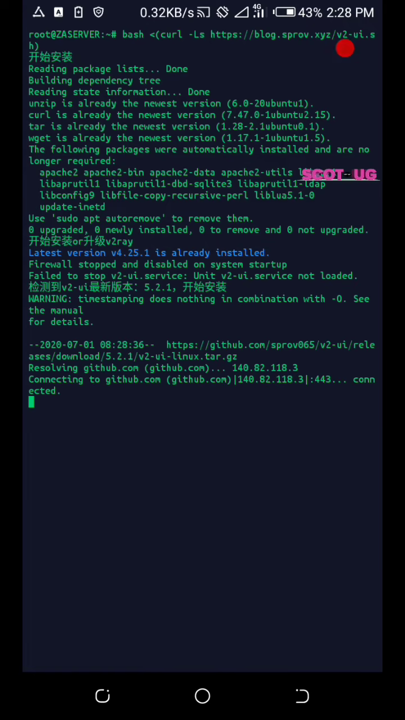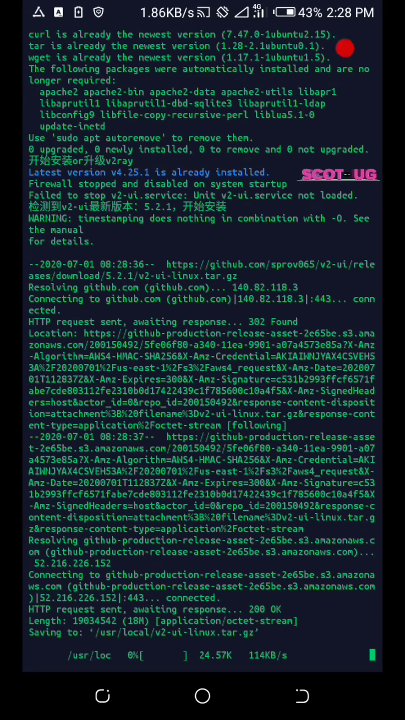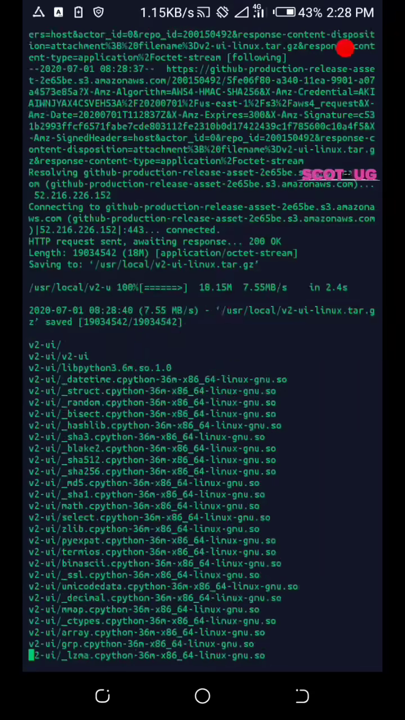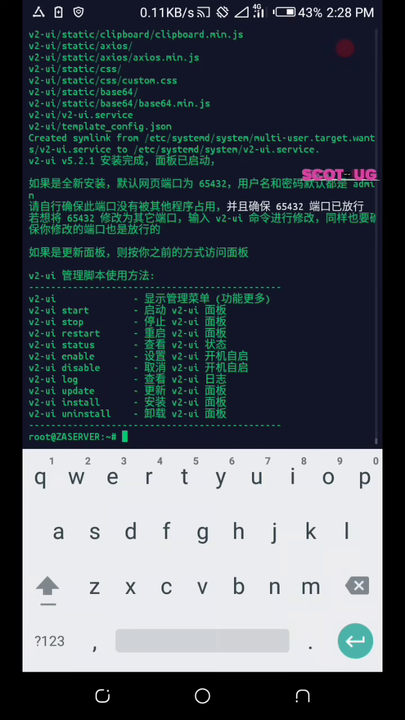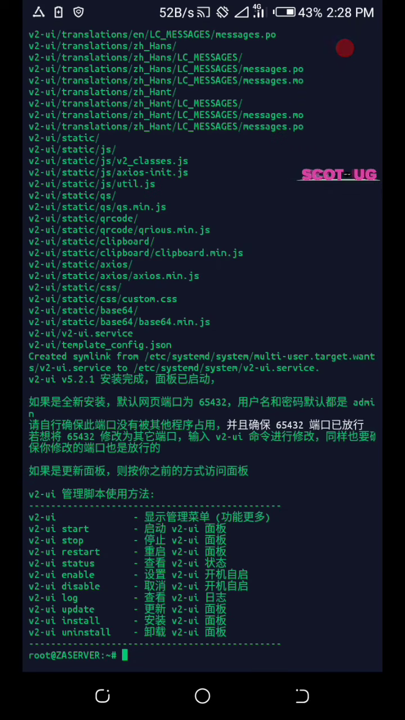V2RAY is installing. Okay, so each and everything is running. So here you're done. You don't even need to type anything. What you need to focus on here, because we are going to use a panel. We are going to use a panel. Let me attach a mouse. And when you look at the details here,